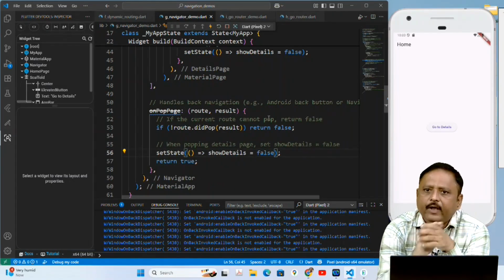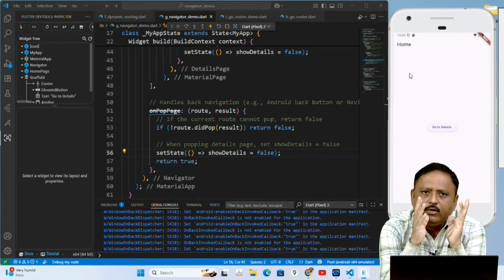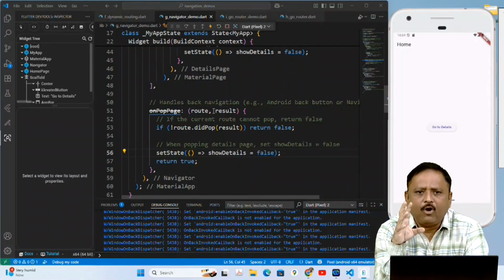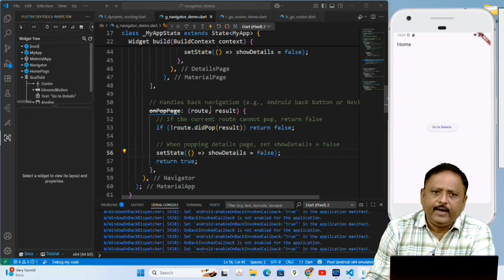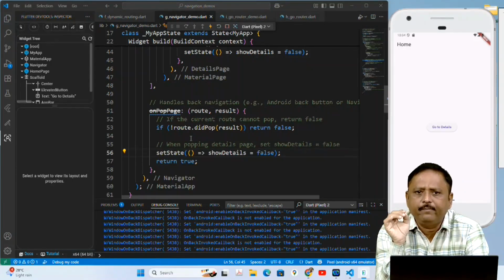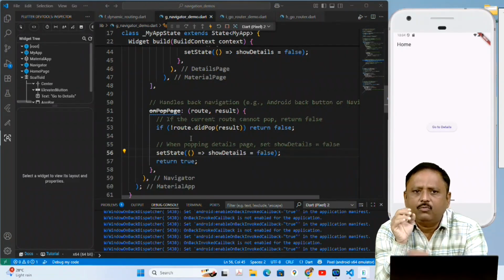What will happen if I click on this back button? To handle back navigation, for example, this Android back button, whenever that back button is pressed, this onPopPage method is called, and inside that I write: if not route.didPop, we must return false. So what does it mean?